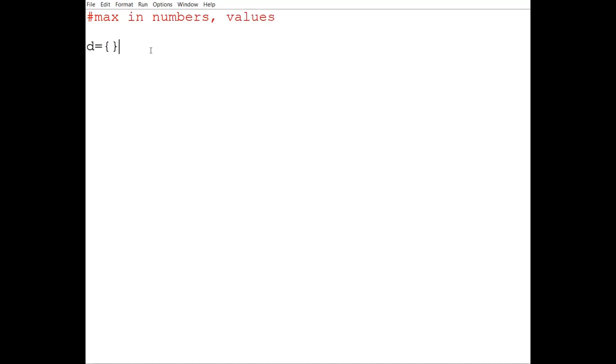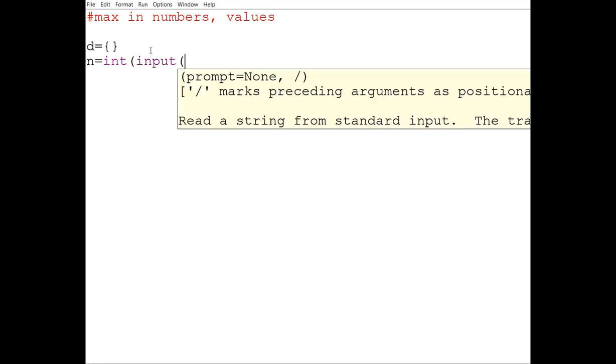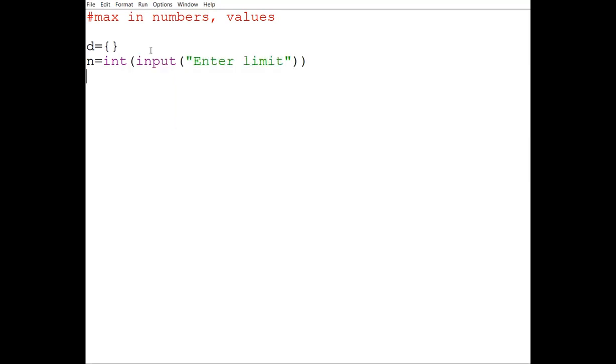Okay, value part. First we are going to ask the limit from the user. The limit has to be in number format only, so int input, and then we ask, enter limit. The user will give the limit, and then we need to run the loop for i in range n. Once it is given, I need to